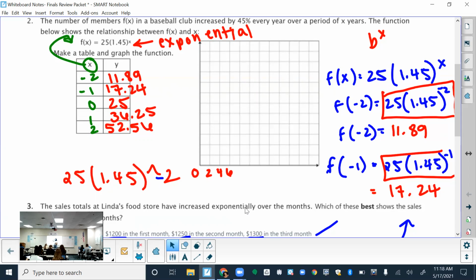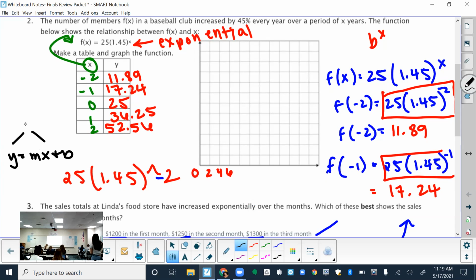All right, the other two that we learned were linear and quadratic. So like linear functions, what do those look like? Y equals mx plus b. So if you have a function that is linear, and I'll just write this off to the side, it looks like that, or this, where it increases or decreases at a constant rate. That will be in the format of y equals mx plus b.